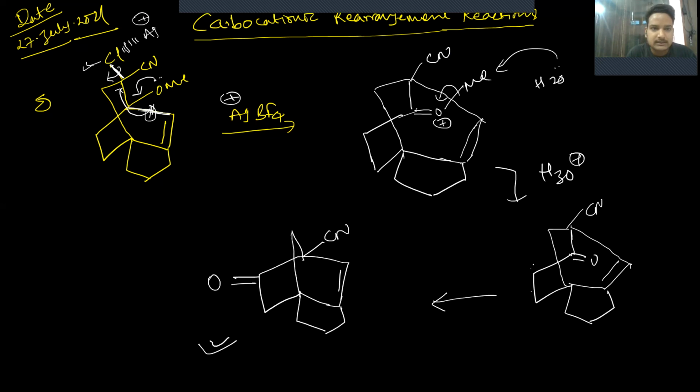So the driving force of the reaction is OMe donating electron here, and this bond which is anti-periplanar, because this is the bonding orbital and this is the anti-bonding orbital of this leaving group. So this can be broken down like this. So again, I can take another example of this molecule.